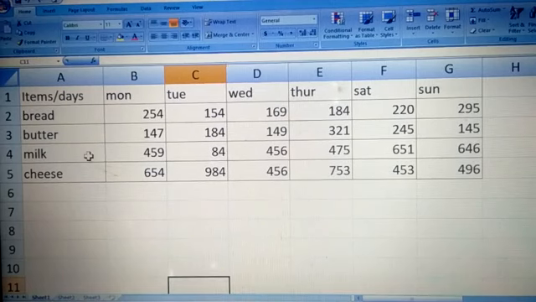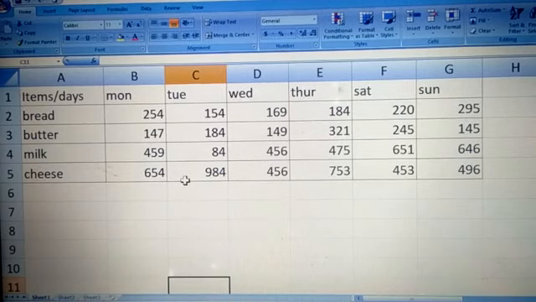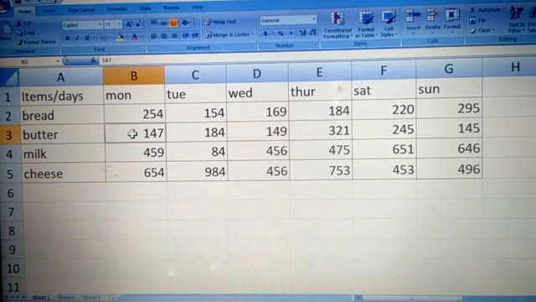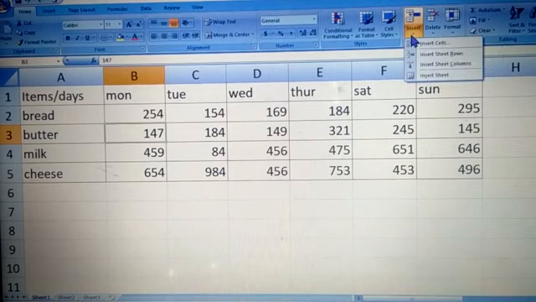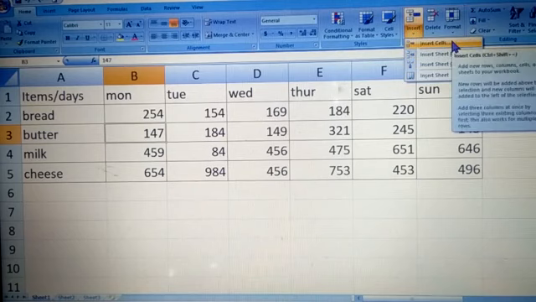So children, this is our Excel sheet, okay? The first thing you need to do is select a place where you want to insert a cell or cells. So let me say I want to insert a cell here. I've selected this cell. Then I will go to the Home tab, and in the Cells group you will find the Insert option. Here is the Insert option, right? When you click, a small menu will appear. From here you need to choose Insert Cells.